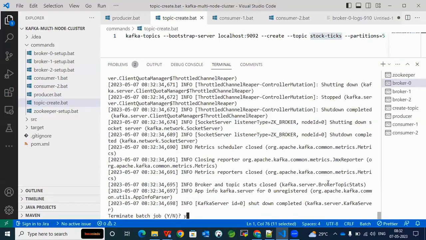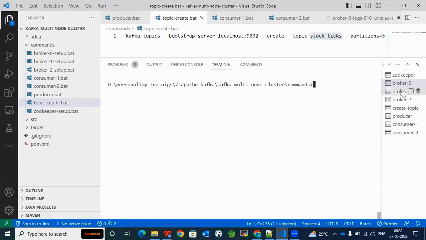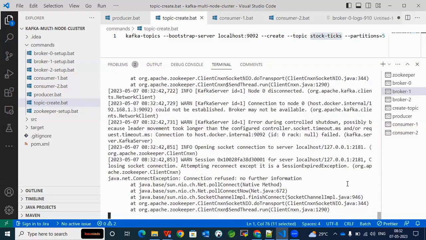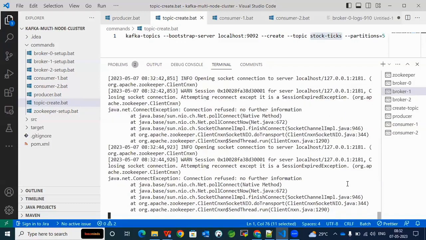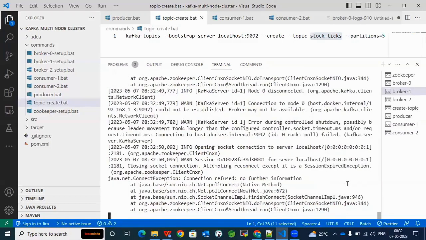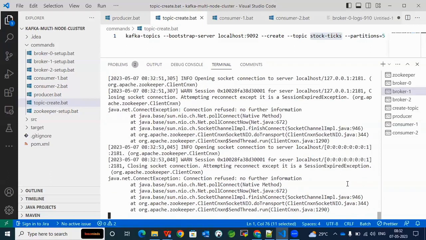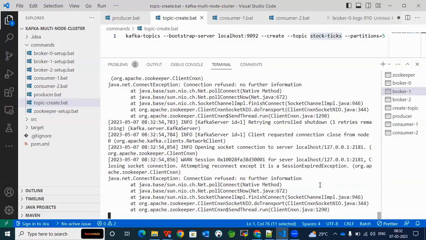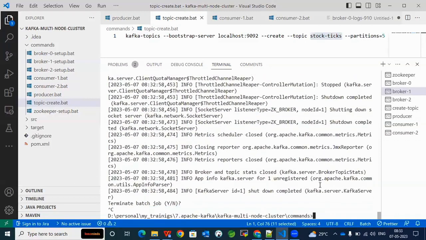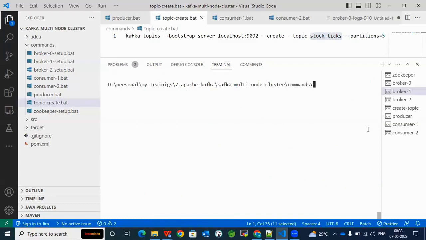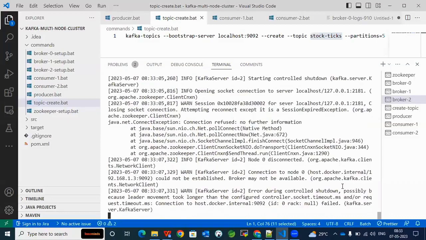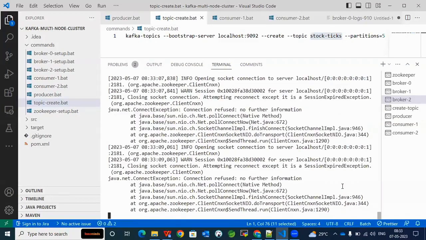Suppose 100 records are there. The 100 records will be saved into only one broker. If 5 partitions are there, the records are divided into 20 each. According to that, they will be assigned to the brokers. Maybe one broker gets two partitions, right? Correct. That is how it will work. Though a partition is capable of storing millions of records,